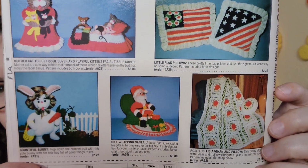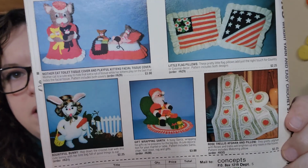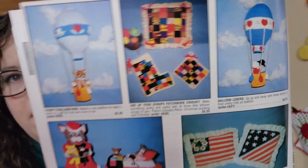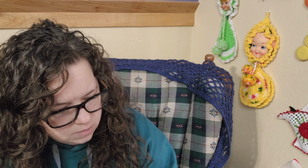The bountiful bunny. Hop down the crochet trail with this cute bunny with her tote bag full of good things to eat. Then we've got gift wrapping Santa, and then rose trellis Afghan and pillow. Very, very pretty. Hands down, that has got to be the cutest. I loved that. And then on the other side, we have